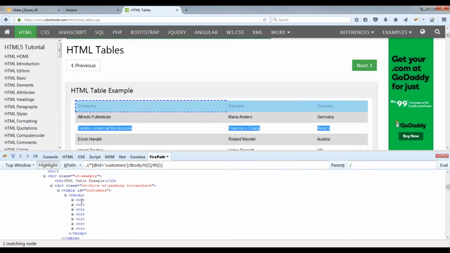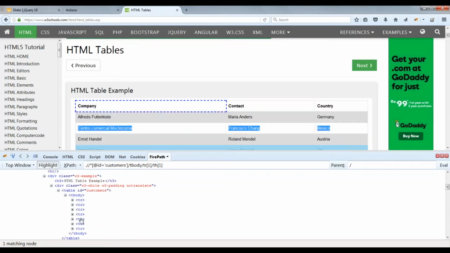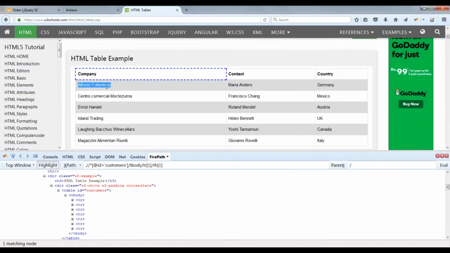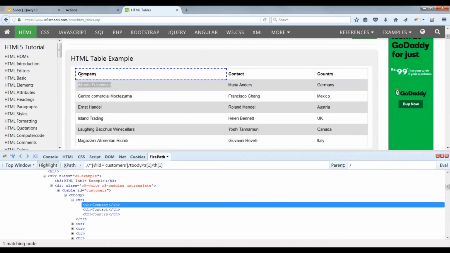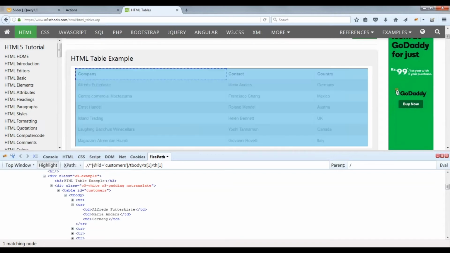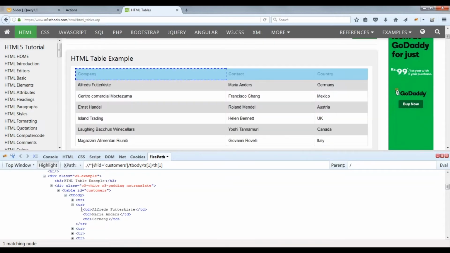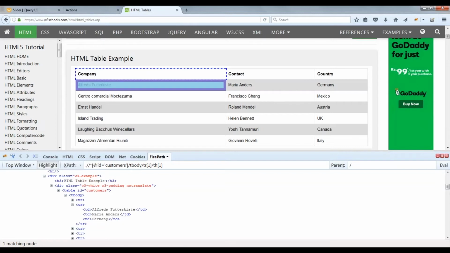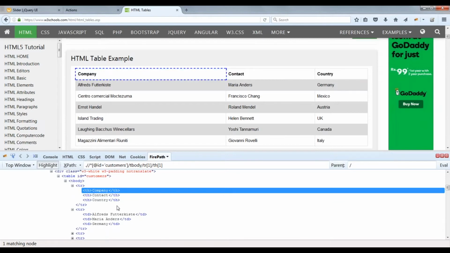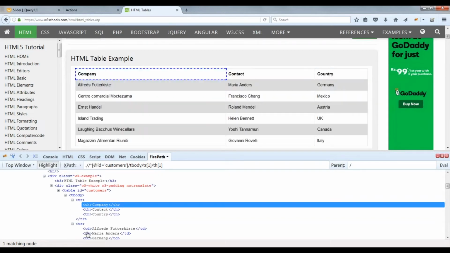So all rows are having tr as the html tag, and every cell element inside will be having, okay, this is the header. For header it will be having th, and then that will be inside tr only, and then for each cell you will be having td. So table, table body, table row, and table data, and th is table header. Okay, so this is the entire structure of the web table. So these are the tags you will be having.